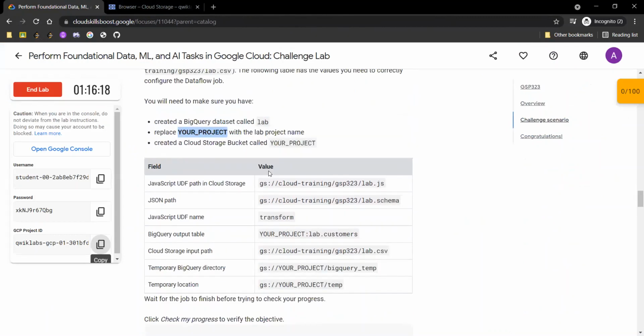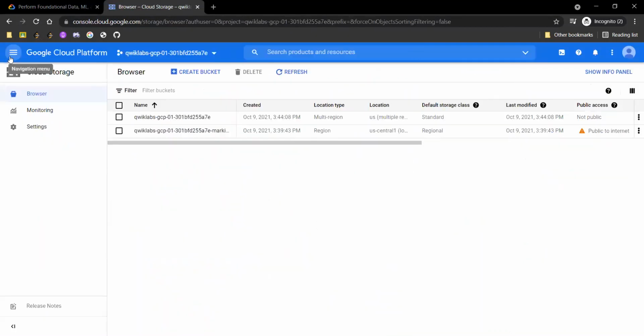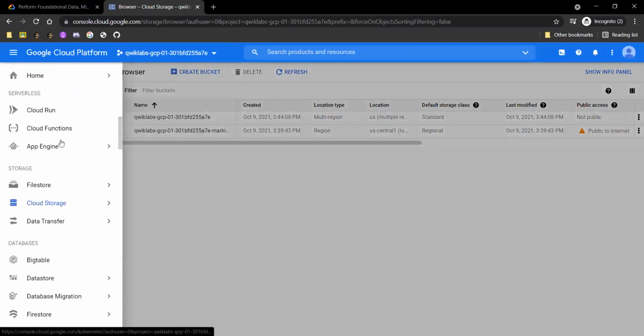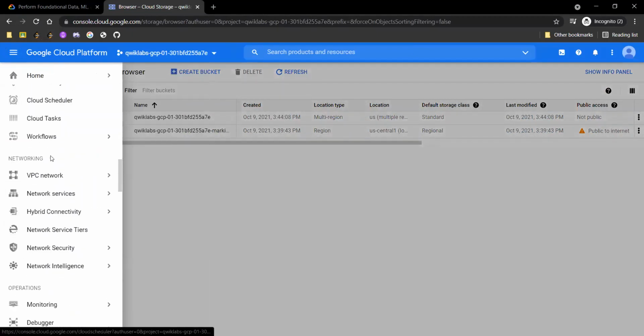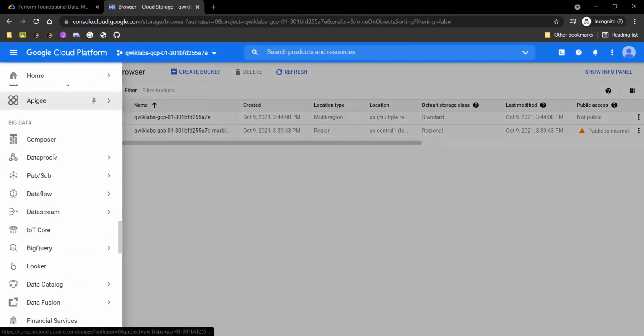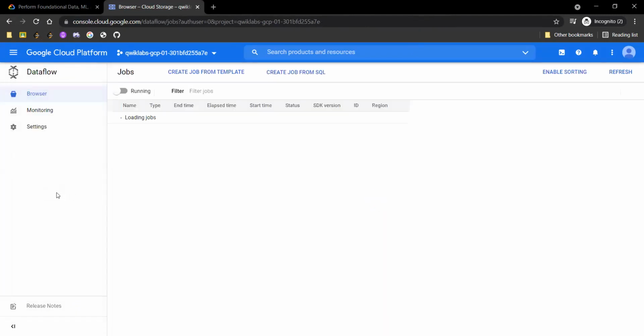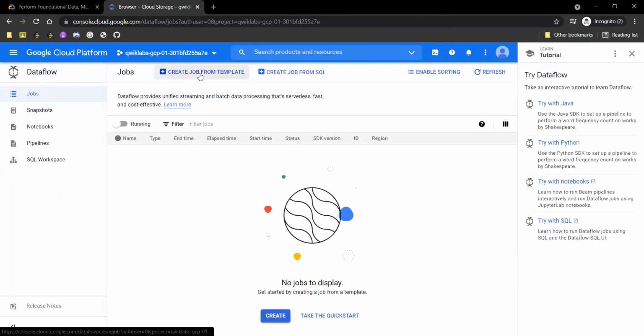Now simply go to navigation and search for Dataflow. Click on create job from template.